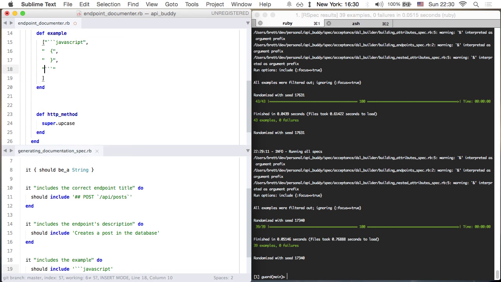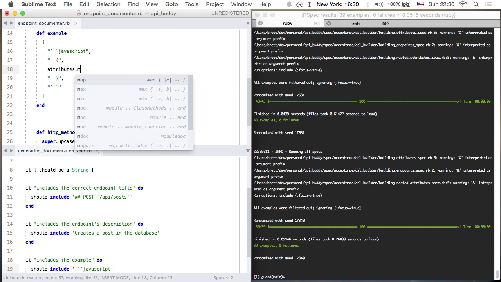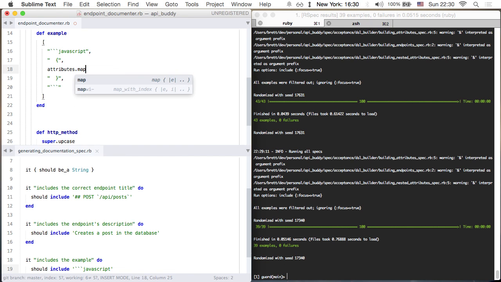And then we want to map over the attributes and document those. So attribute example, dot map. You could call it an attribute example line. So actually what we want to do is create